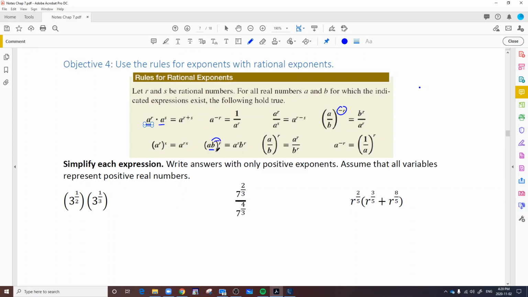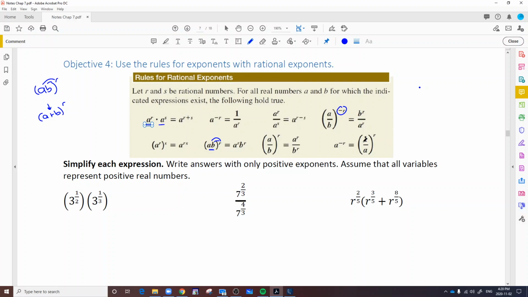Now, keeping in mind that's very different. So if they're multiplying like this, you can apply it through. If it's a plus b to the r, then it would be a plus b times a plus b by itself as many times as r would be. So it's a very, very big distinction. As soon as you have a plus sign, you can't apply the power rule. All right, same thing. This is just applying the power rule, and then negative exponent, you can just flip the